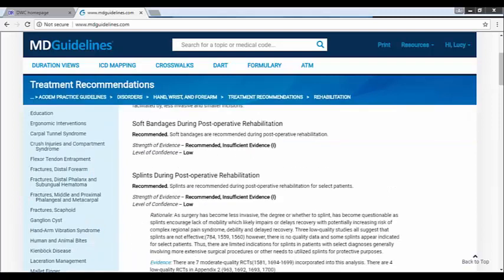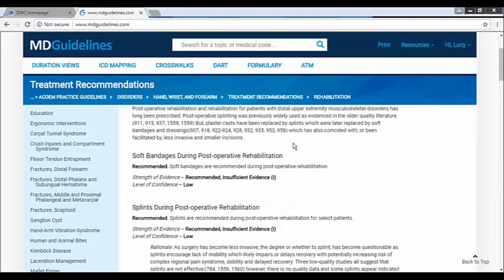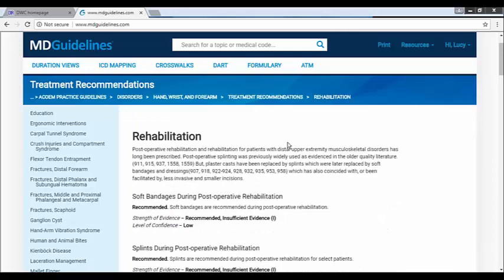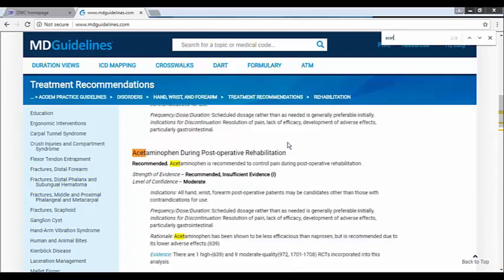Now that I'm in the section for this recommendation, if I do Control F and I look for acetaminophen, I'm going to very quickly find where that recommendation is on that page. So that summary of recommendations table is a way to quickly navigate to recommendations in the guidelines. It's one way to get there.